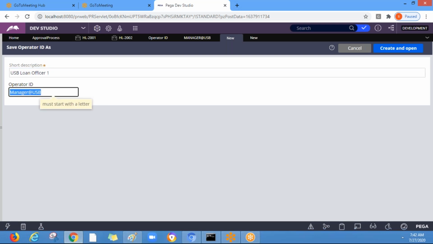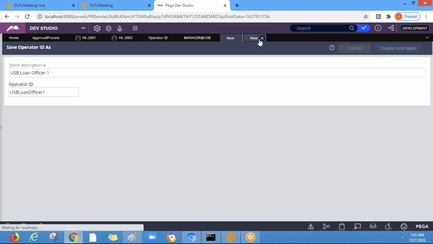Operator ID, let's say USB loan officer 1, create.